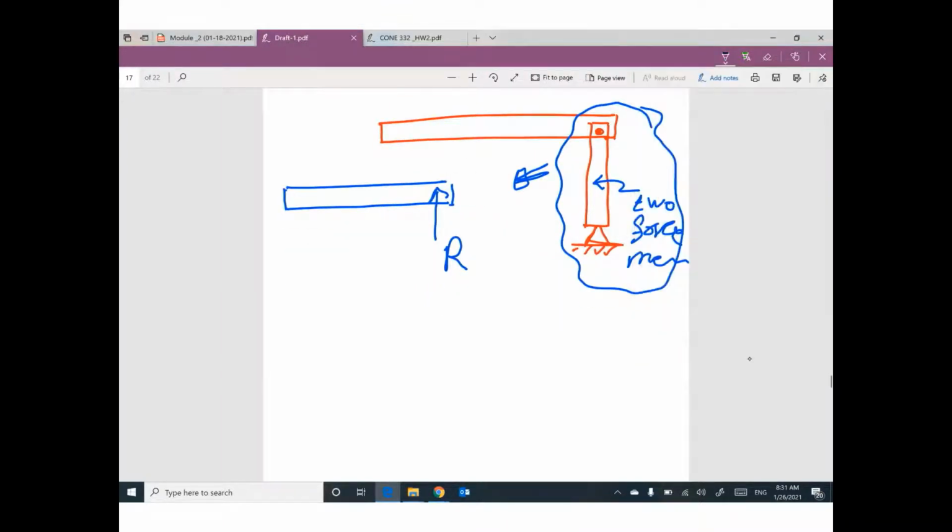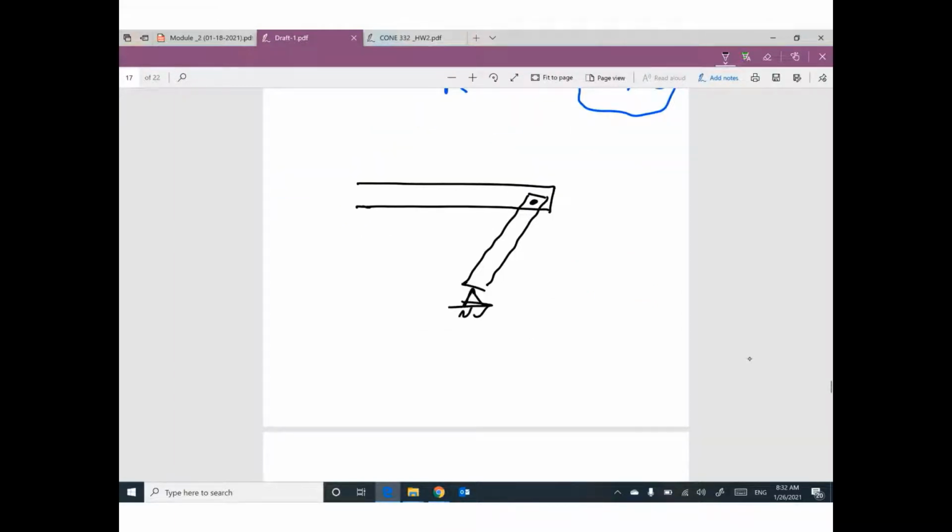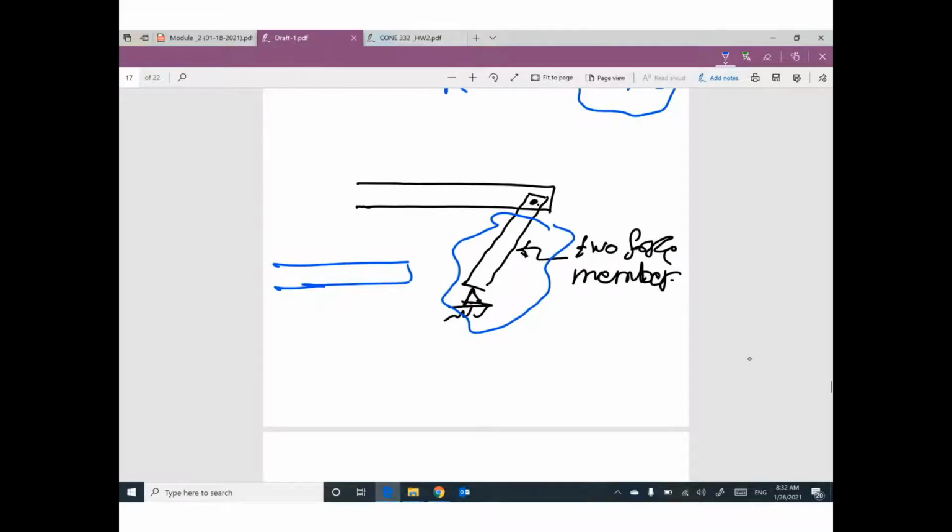If you have a connection like this, and I discovered that this member is a 2/4 member, for the two conditions, 2-pin connection at the two ends, no direct external load, so this member will be a 2/4 member. What should I do? Okay, the horizontal member will be the same. I'm gonna delete this member and put only one reaction, R.